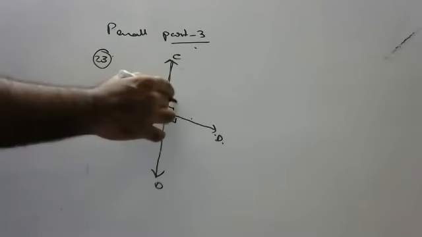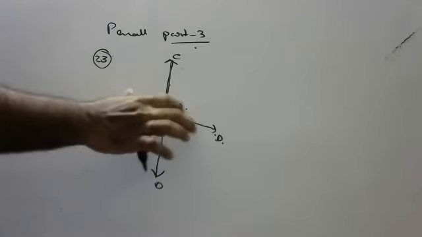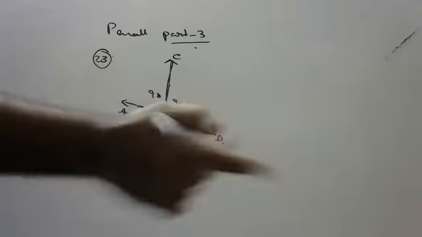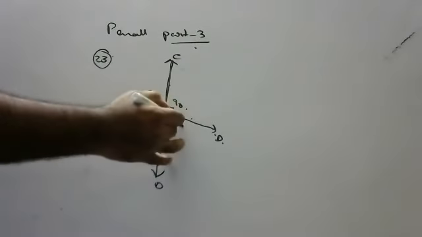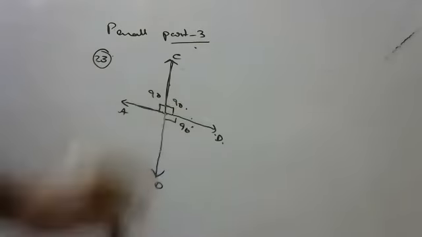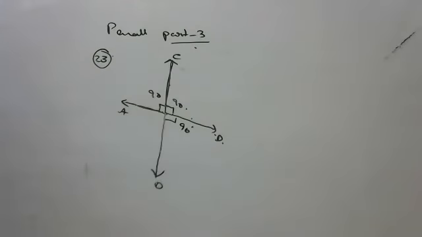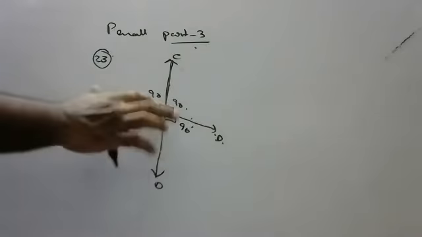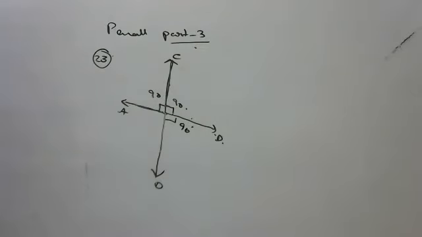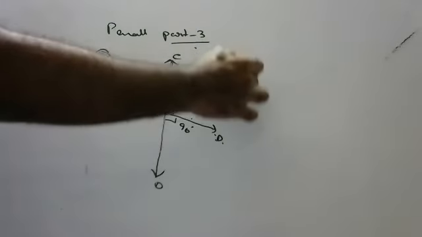Perpendicular means 90 degrees. If this is 90 degrees, this is also 90 degrees, because linear way. So 90 and 90, vertically opposite angles are equal. That only he is asking us to prove. Hence proved. And 90 plus 90 is equal to 180, supplementary. Those who didn't understand, again I'm saying.